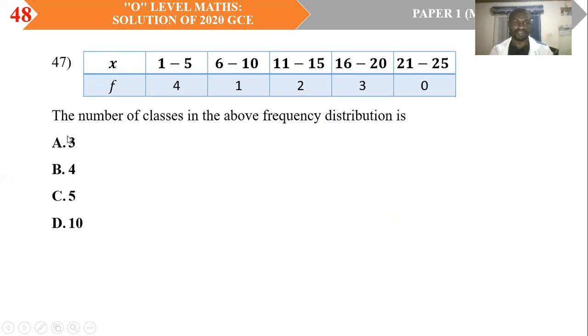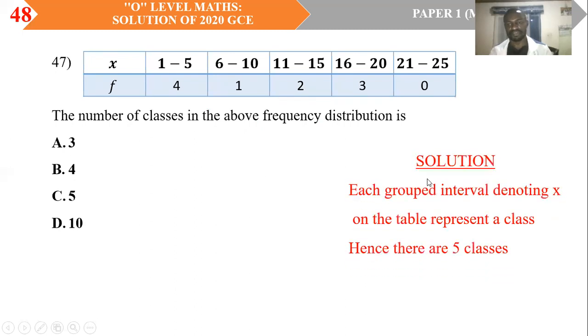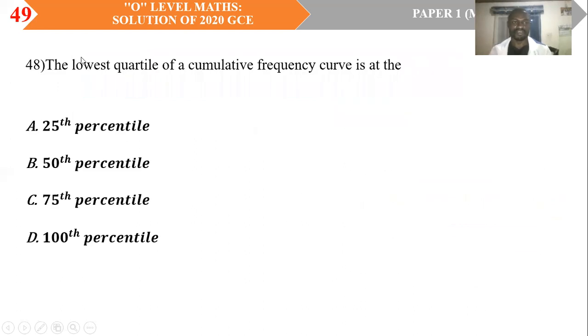Question 47. The number of classes in the above frequency distribution is. Solution: each group interval denoting X on the table represents a class. Hence, there are 5 classes. Answer C. Question 48. The lowest quartile of a cumulative frequency curve is at